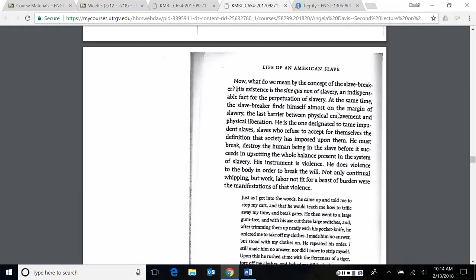So she goes on to this discussion about, well, what do we mean by this idea of slave breaker? He's the one designated to tame impudent slaves who refuse to accept for themselves the definition that society has imposed upon them. He must destroy the human being in the slave before it succeeds in upsetting the whole balance present in the system of slavery. His instrument is violence. He does violence to the body in order to break the will. Okay, and this is important